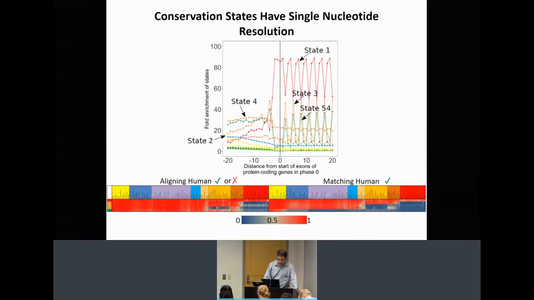And then one of the points I made with the comparative genomics data is that it can also give you information at single nucleotide resolution, and this is illustrating that, how we can have these different states, and pick out different nucleotides of the codons. So this is showing you relative to protein coding gene exon starts in phase 0, where we have this 3-base period oscillation, where at the third position, states 3 and 54, which are associated with distal alignment, but not quite